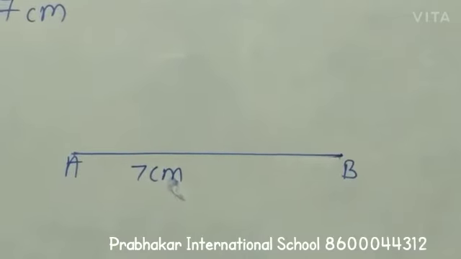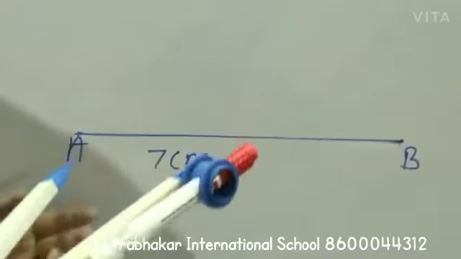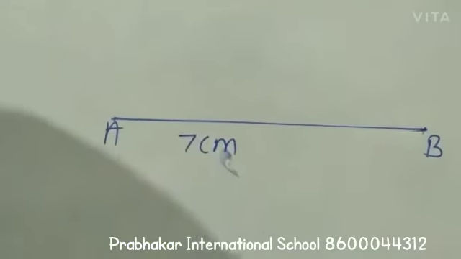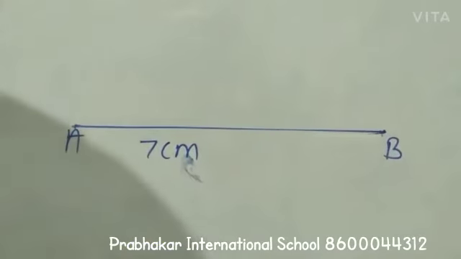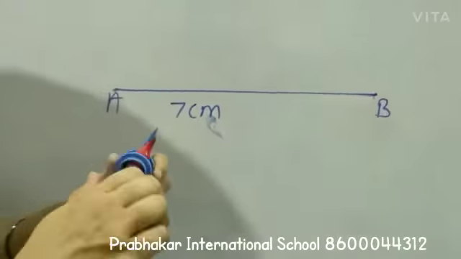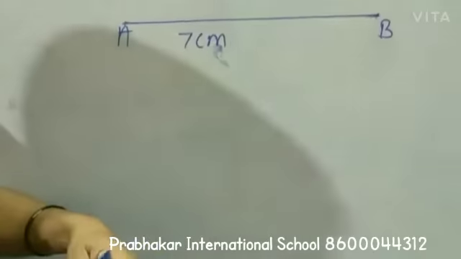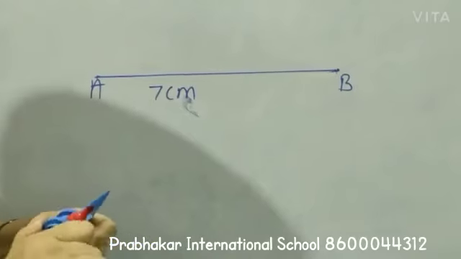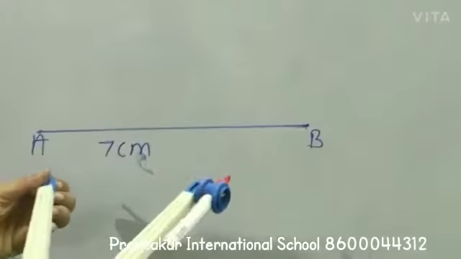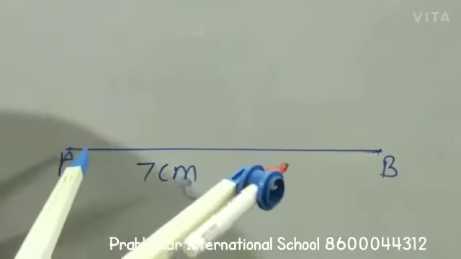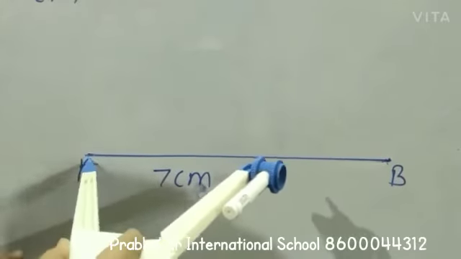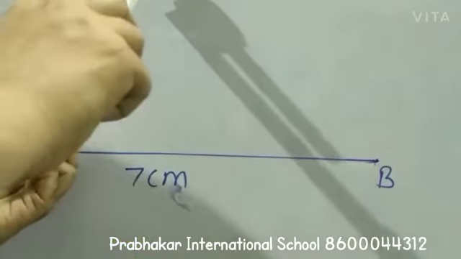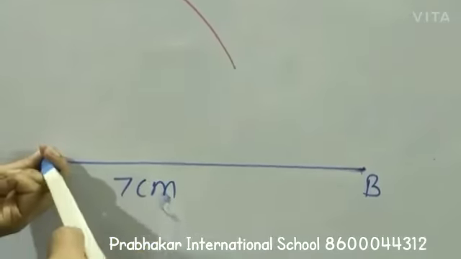You have to take compass in your hand and more than half distance of this segment you have to take. Okay. So see how I will draw. First of all check that both the points should be equal. Pencil point and compass point, you have to check they are at the same position. Then take the distance in compass, place the compass point on A, take more than half distance and see how I will keep on A and I am drawing arc to the up and to the down.